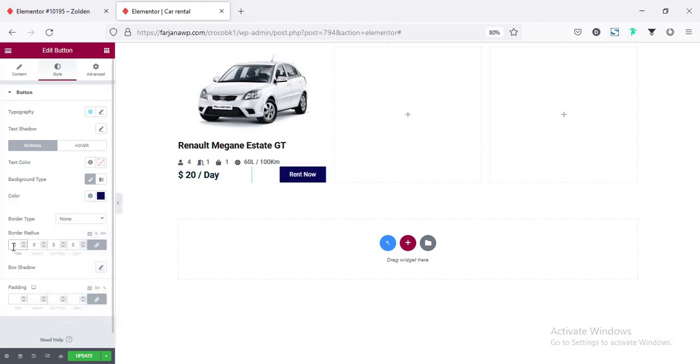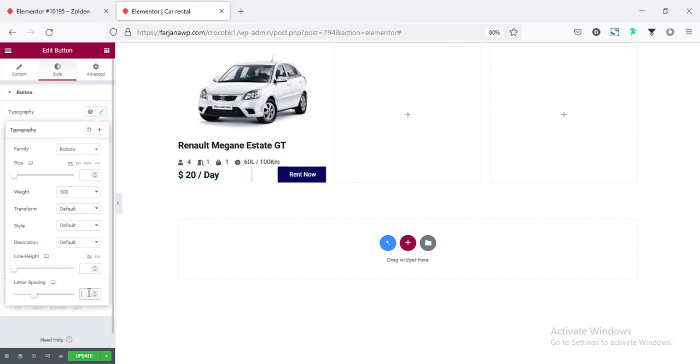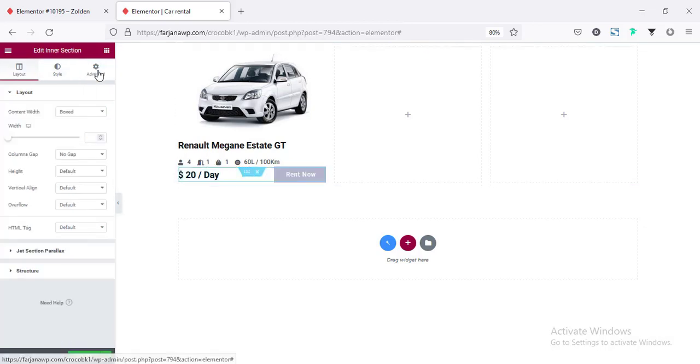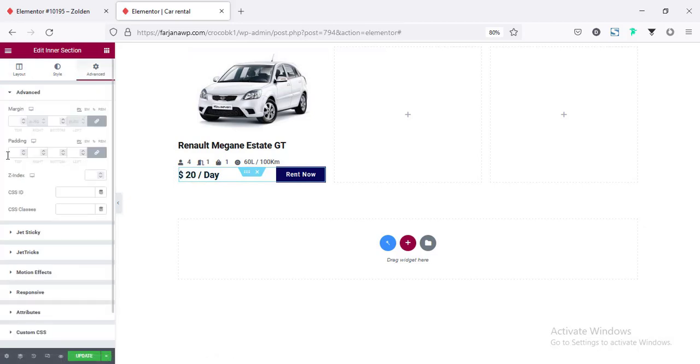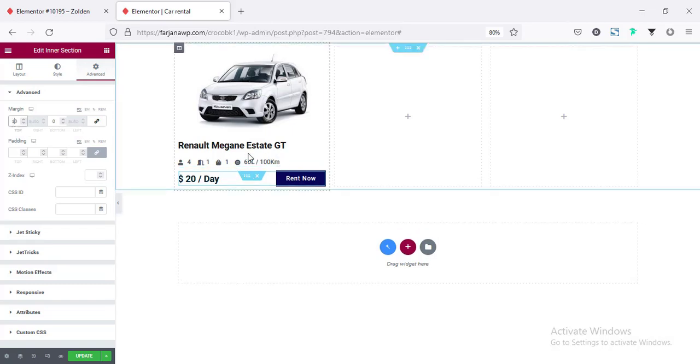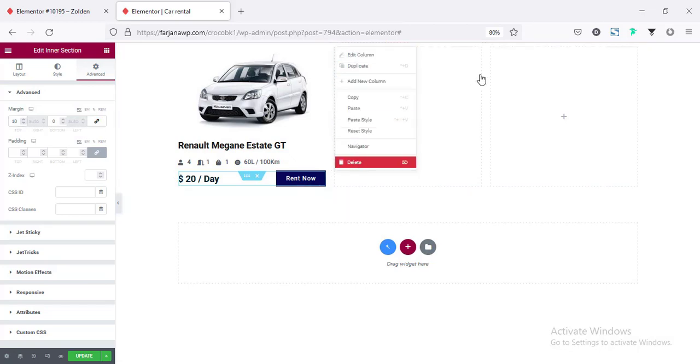Border radius, making it 0, and for font style, adding letter spacing 1 pixel, and for this inner section we can add some margin in top, so going to advanced and margin, making it unlink, for top adding 10 pixel, and also for this complete area, I'm going to remove the other two empty columns,